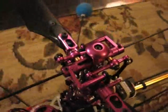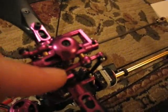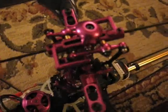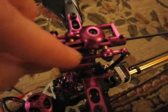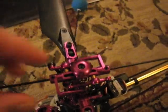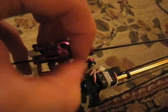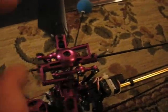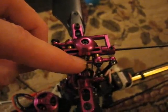Check that out. Alright, now after every flight with this aluminum head here, I've had a problem with these screws right here that hold the fly bar on this pivot interacting with these arms right here, and they actually rub and scrub against it sometimes. One thing I've noticed is it's because this purple piece right here, this arm, is just slid onto this bearing here, and it will slide down this way, and it will actually impact that screw as it moves,